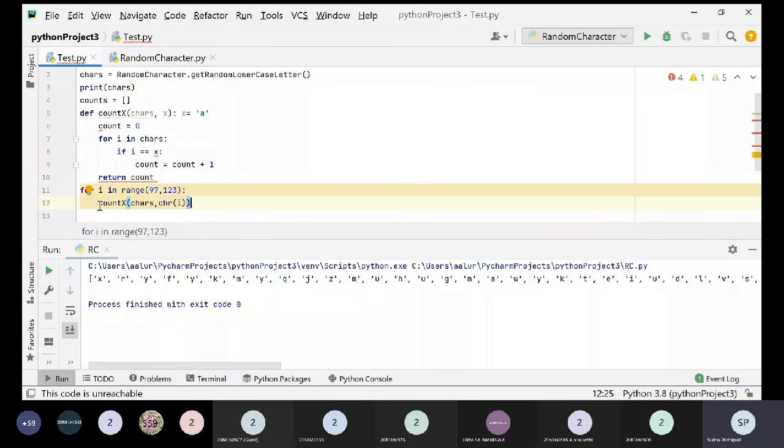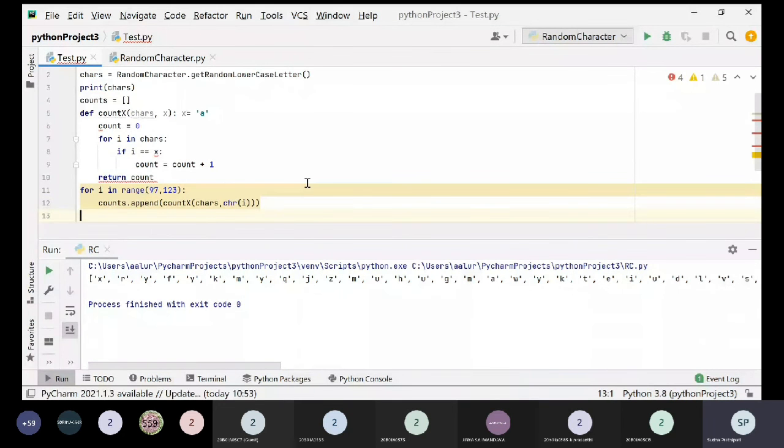And after getting the count, you need to put it in this particular counts list. For that, we are using the append method. So counts.append, and then I'm calling this function. This function will return the count for me, and that count will go as the first. For a, how many letters are there, that count will go over here. So if it is 0, 0 will go here, meaning that there is no a inside this particular list. That's it. So this is the program.